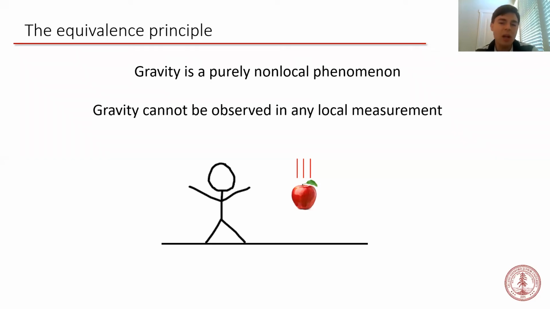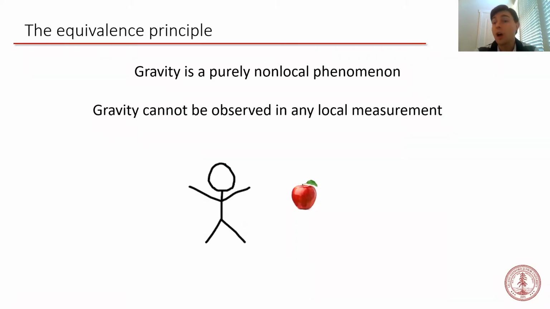To understand what's going on in this experiment, we need to realize that although the test object is freely falling, the observer is not. He's standing on the surface of the Earth, which means that he's held up by non-gravitational forces. It is these non-gravitational forces that cause the acceleration difference. What happens if the non-gravitational forces are removed? In that case, both the observer and the test object are freely falling, and as long as the distance between the observer and the test object is not too large, there is no relative acceleration between them.